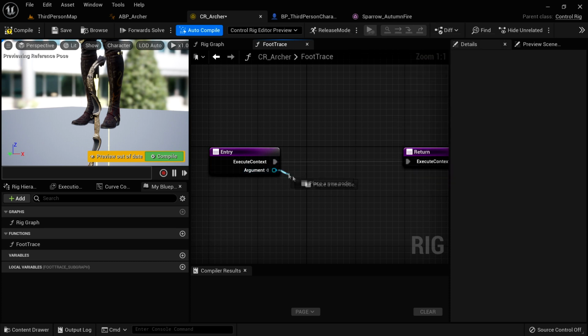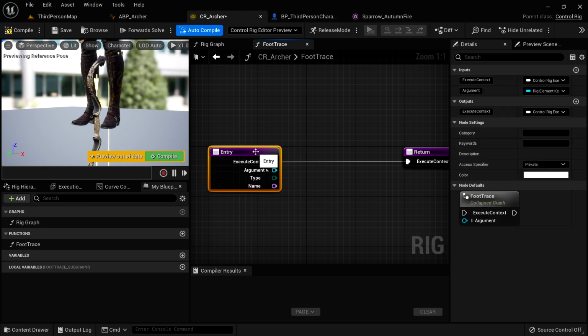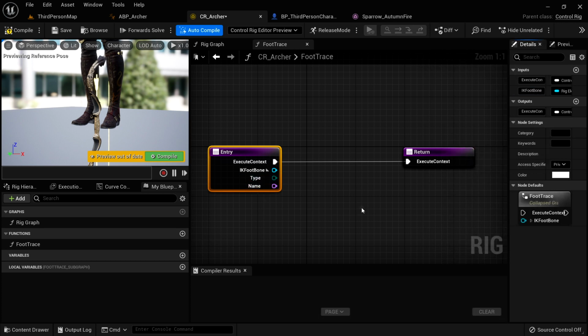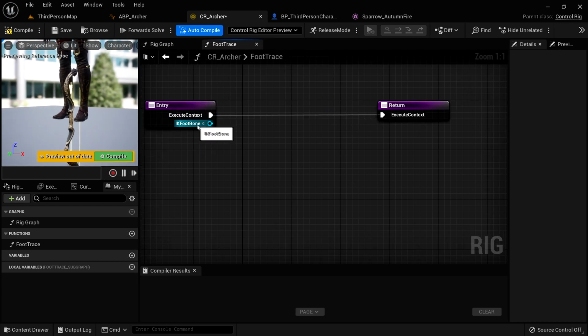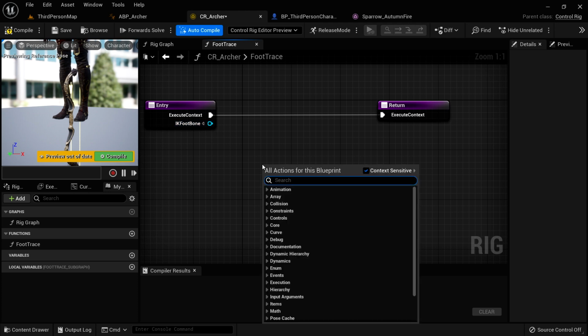The reason I'm choosing this type is because this struct has two items in it. It has an enum called type and a name called name. So let's click the entry node again and rename this argument. We're going to call this IK foot bone. So let's see what this type and name mean. What is this enum called type? Well, let's collapse this, and we're going to find out exactly what this type and name are by right-clicking